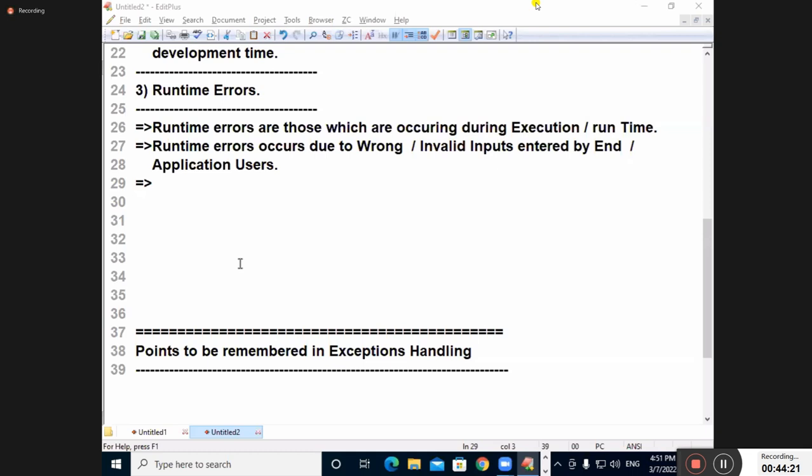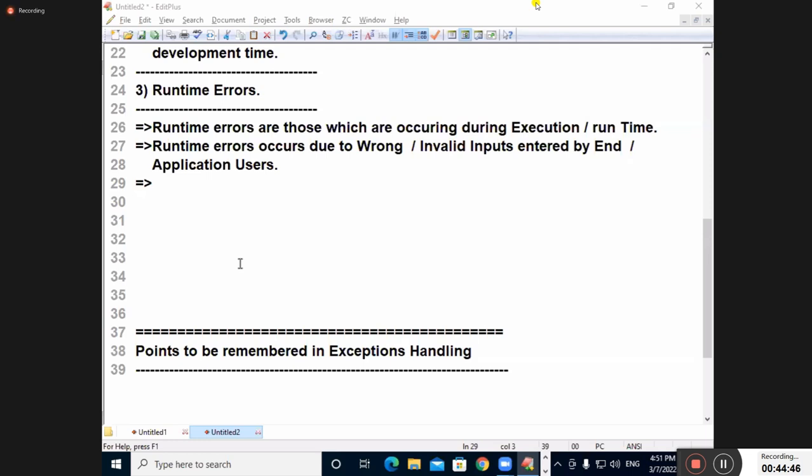So whenever you make a mistake, the software you are interacting with is suggesting how you need to interact. That is the beauty of which concept? Exception handling. So even though a person doesn't know how to interact with an application, whenever you commit a mistake by yourself, it is assisting you. It is helping you how to interact with it.